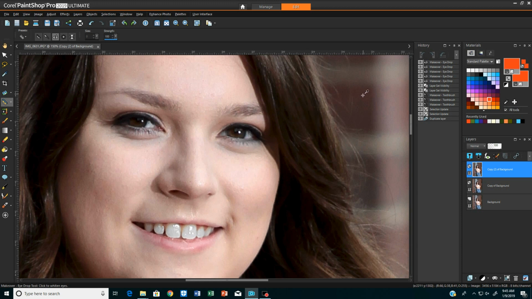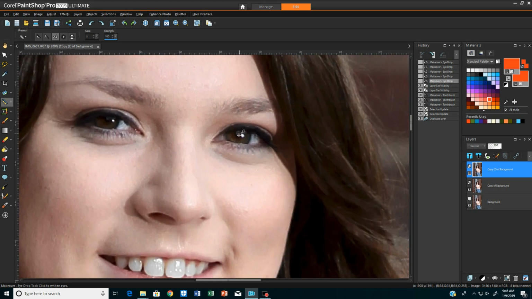I'm going to go back over to the history palette and take the things we've just done, take all of those off. So go to the first one, click that eyeball, and all of the changes for the eyes came off. The teeth are still there. You can see in your history palette, we've done the toothbrush, and those are still there. So what's another way to do the eyes? This is a complicated little tool that I use, but let me show you how we do this.